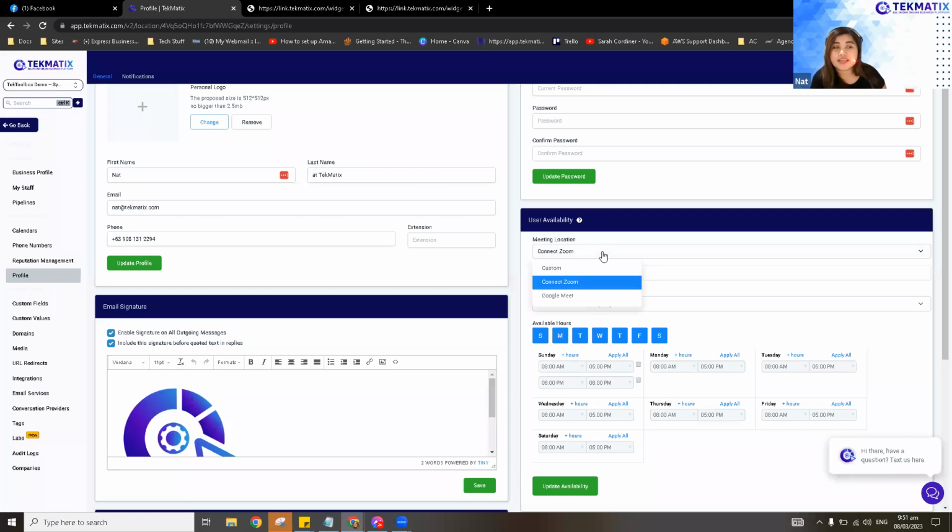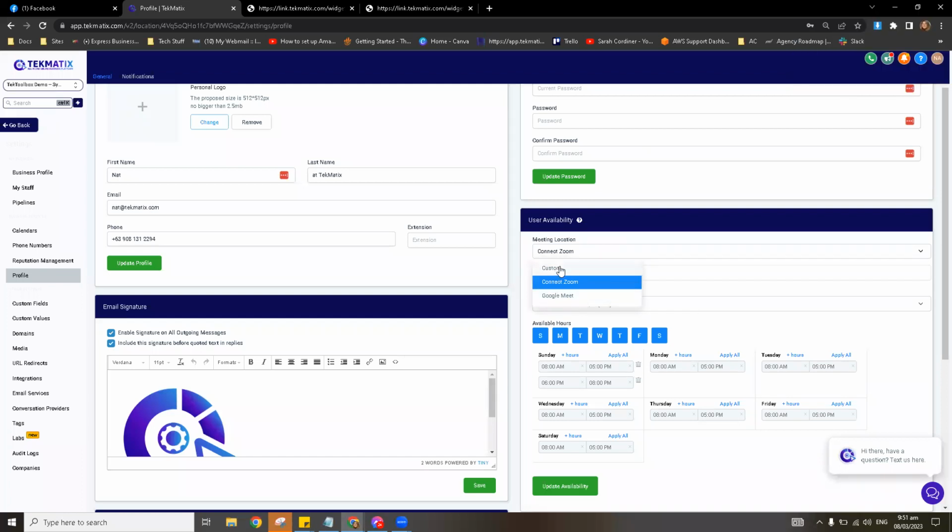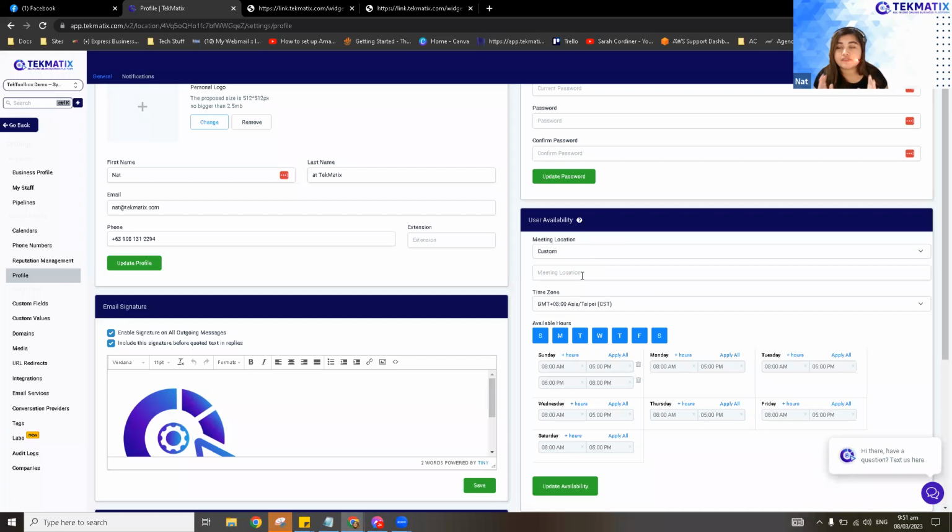But yeah, you can either have Zoom, Google Meet, or custom. Custom works well, for example, if you're having face-to-face booking. If you are a gym owner and the specific booking will be a studio appointment at your physical gym, you can set the meeting location to custom and put in the gym address in here, or the actual meeting place if you're doing face-to-face appointments.